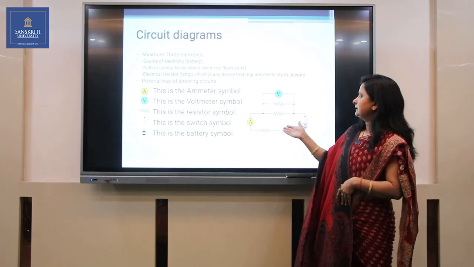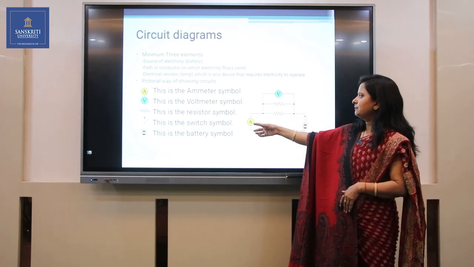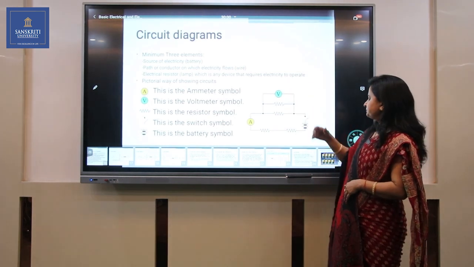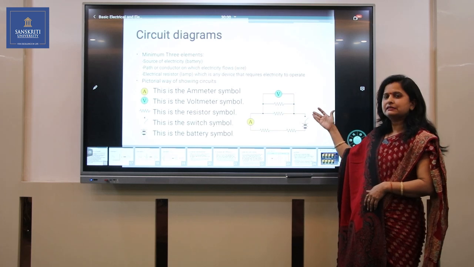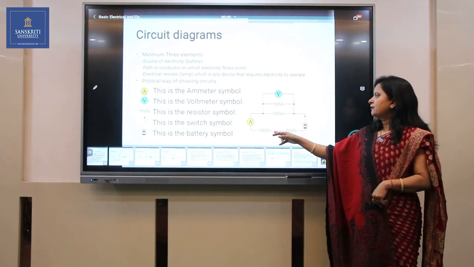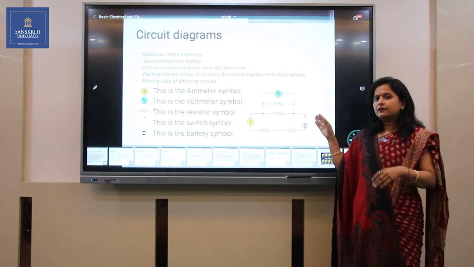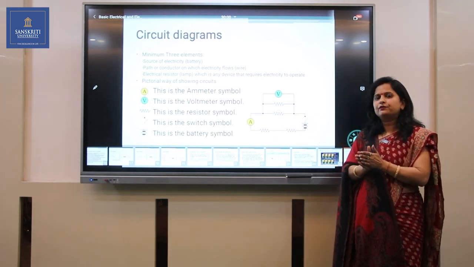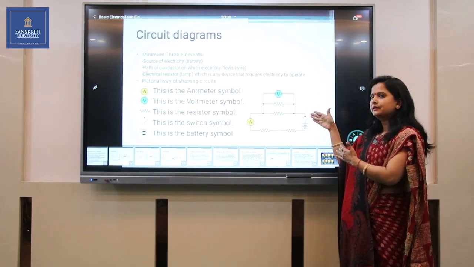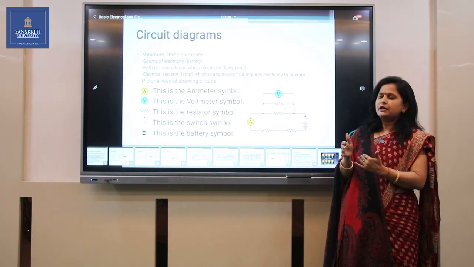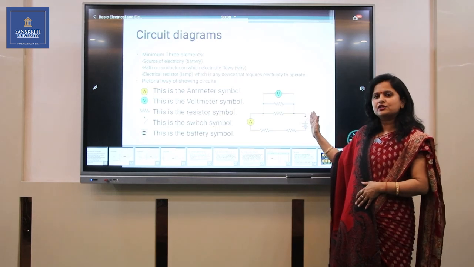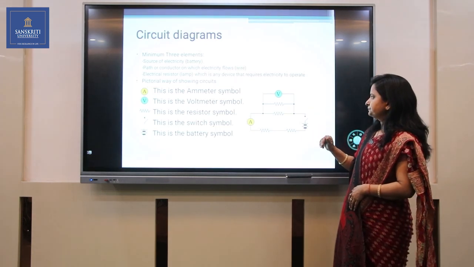So we can see that there is a simple circuit. This is the symbol of ammeter. This is the symbol of voltmeter. This is the symbol of resistor. This is the symbol of battery, and this is the symbol of switch. So right now the switch is open, so no current will be flowing through this battery, because the current will start flowing from a battery only if, after running through the path, the same current comes to the negative terminal of the battery. So there will be no current flowing in the circuit right now because the switch is open. So it is open circuited right now.